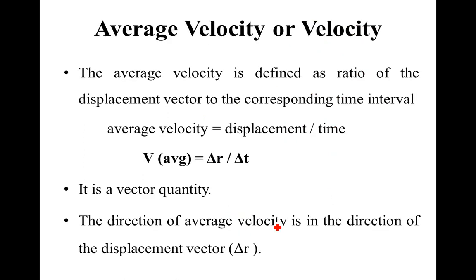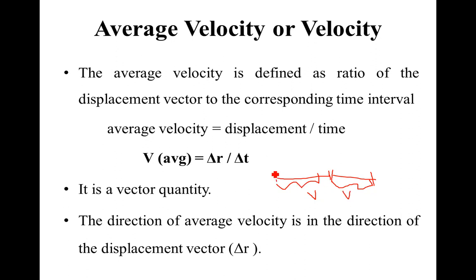Next is average velocity. Velocity is change in displacement with time. A person is moving from this point to this point for one period of time. Then after some time he is again moving from this point to this point, the second part of motion. The first part takes some displacement with respect to time, which is velocity 1, and this part takes a second change in position with respect to the second part of change in time, which is velocity again.